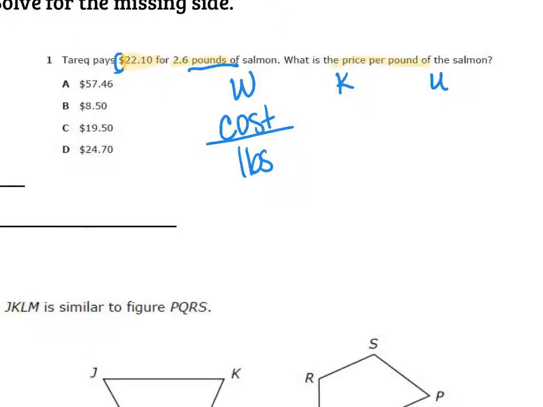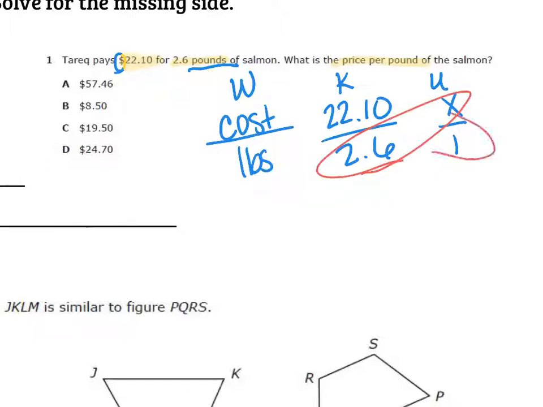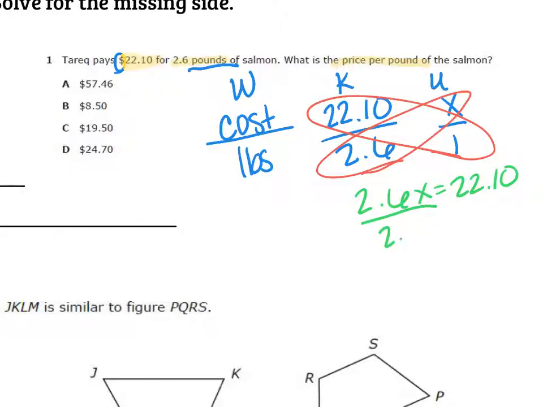So per pound means the price for one, okay? So cost per pound, so we would say 22.10 for 2.6 pounds. How much for one? There's our proportion. That's what it should look like. We would cross multiply, and we would get 2.6x equals 22.10. Divide both sides by the 2.6, the cost for 2.6 pounds, and we would get